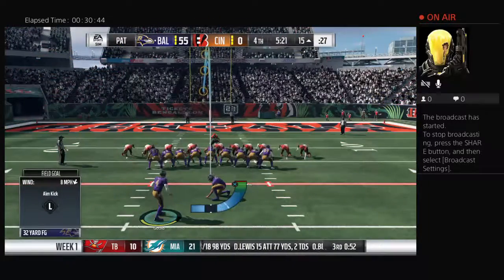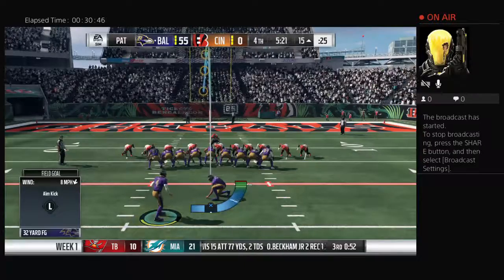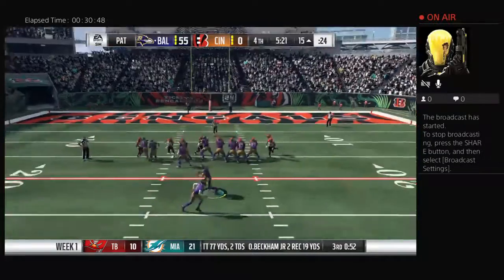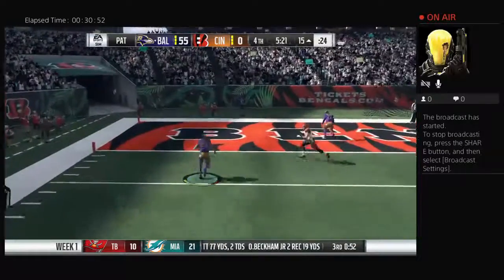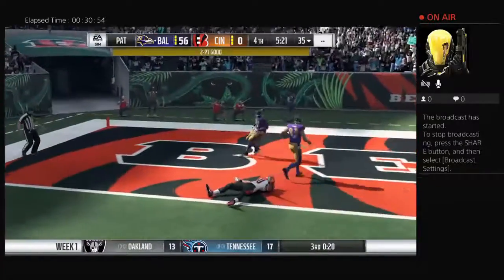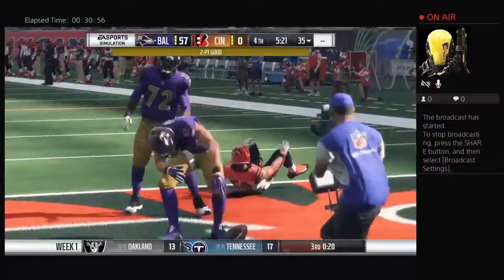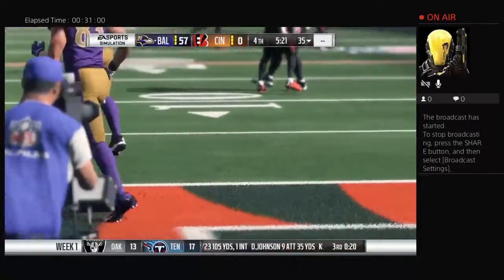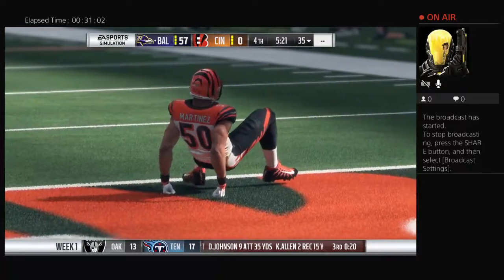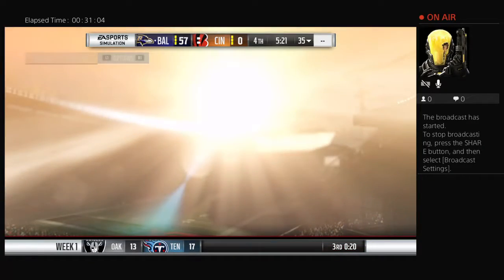Turning into a really good performance on the road. Week 1, you're just hoping for that first win. It's tough to do it away from home, though, but they're looking strong. It certainly is. Any road win in the NFL is a great road win. I mean, it just does not matter whether it's supposed to be tough or not. In this particular situation, how great will they feel leaving with a win on the road against a...